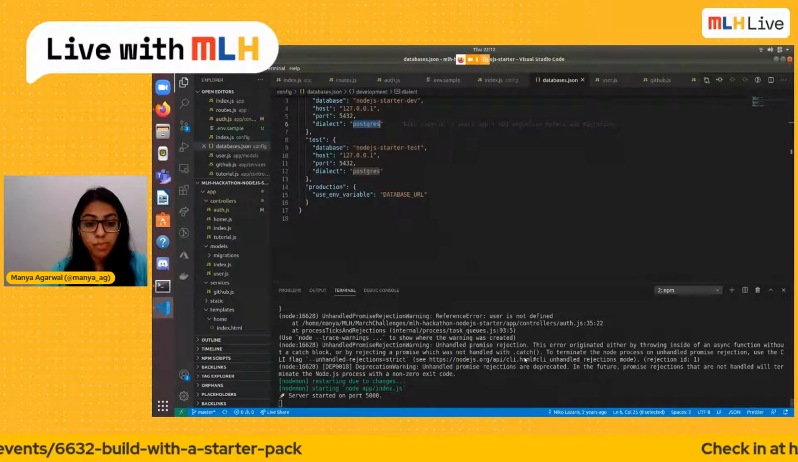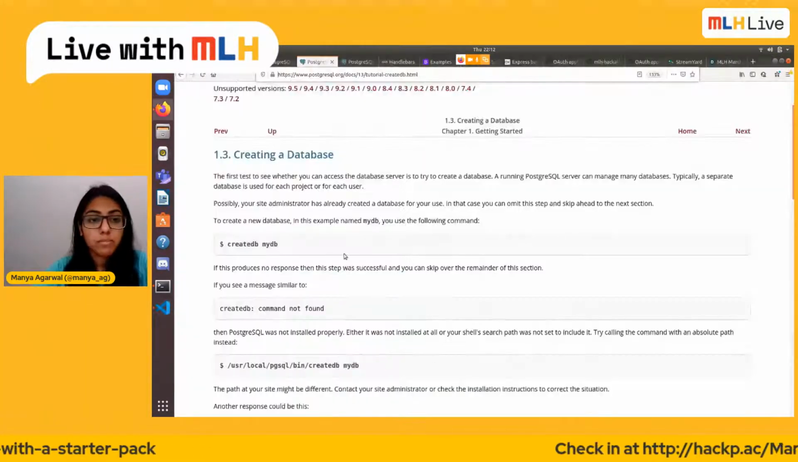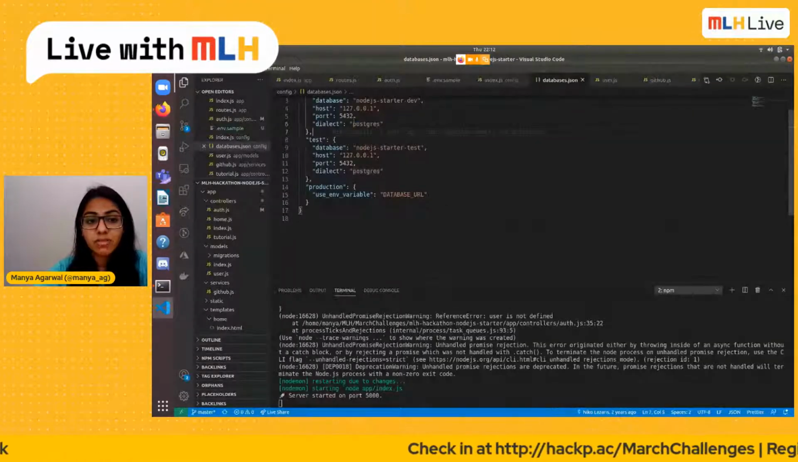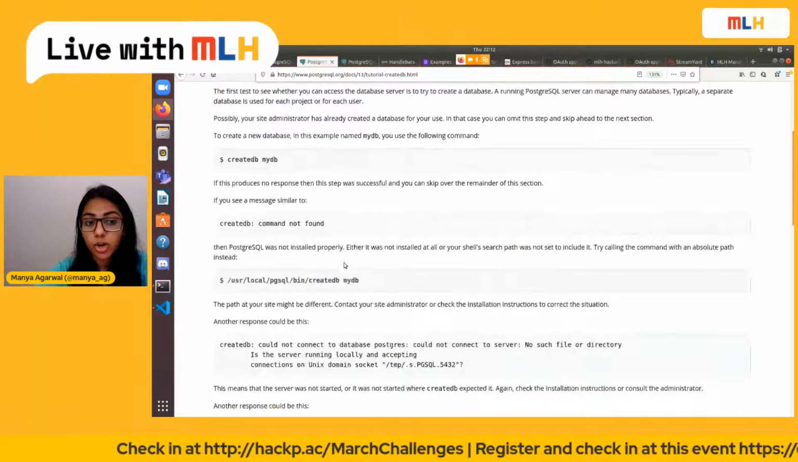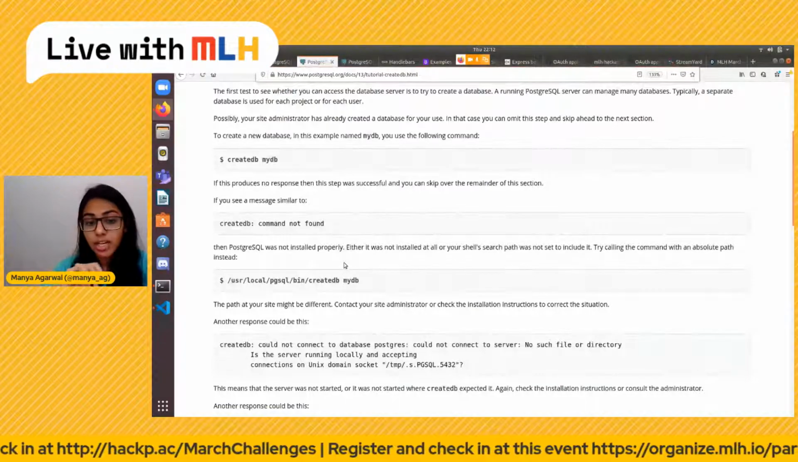How do you check what port that is on? Technically, by default, it's usually always this port only. You can try to run your database, and you should get